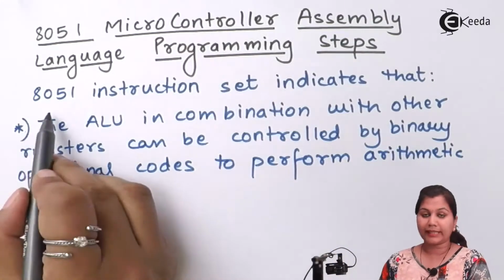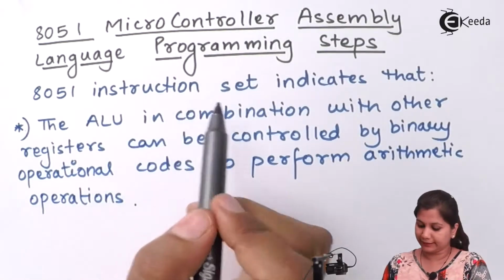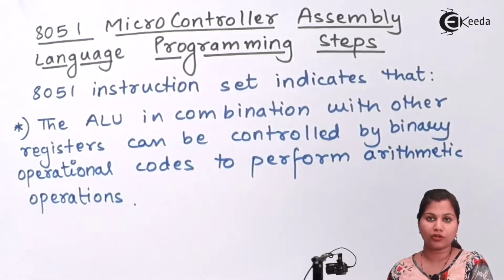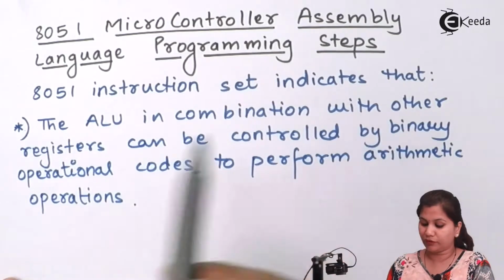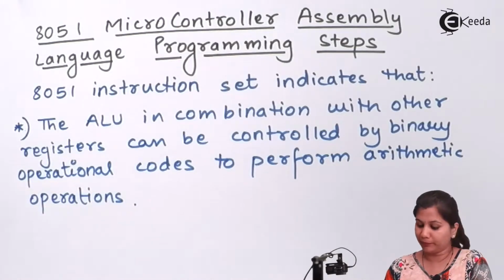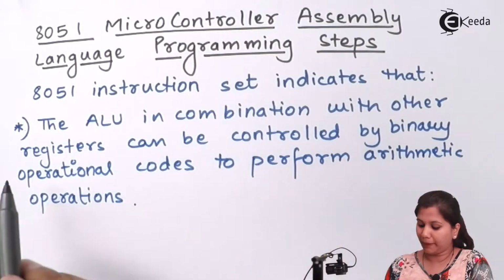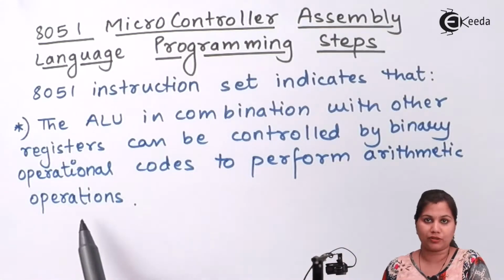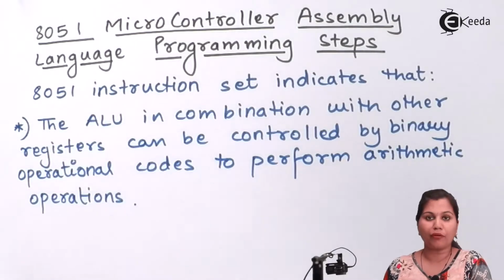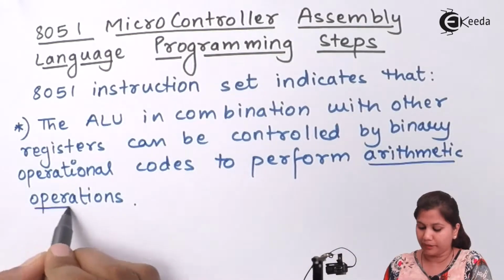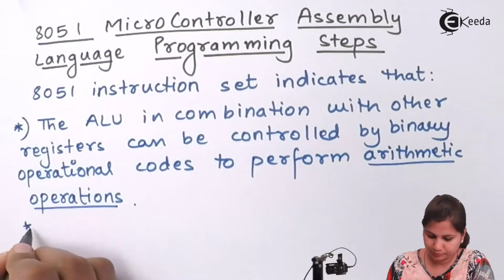So, the 8051 instruction set can use the ALU, that is the arithmetic and logical unit, in combination with the various other registers in the 8051. They can be controlled by the binary operational codes to perform the arithmetic operations. So the first type of operations which the 8051 instructions can perform are the arithmetic operations. Second,